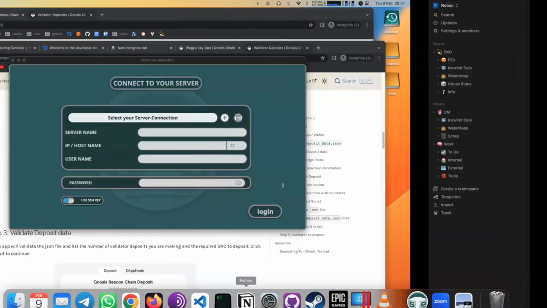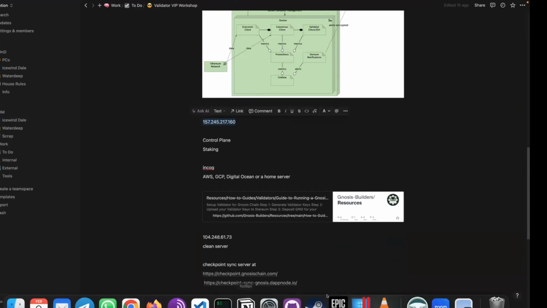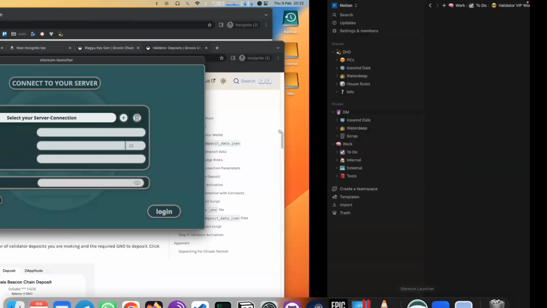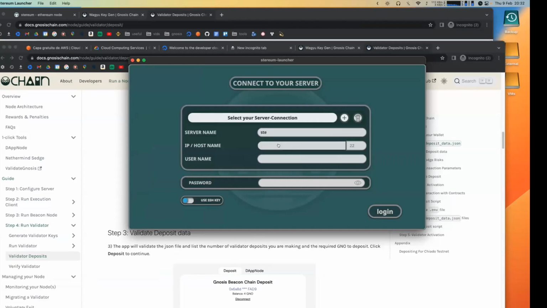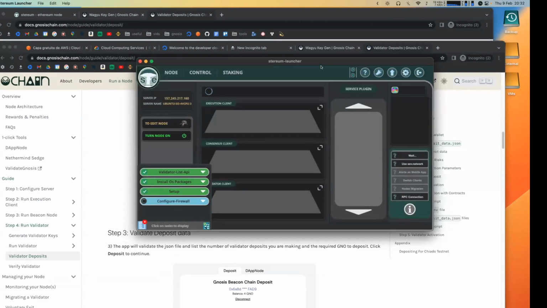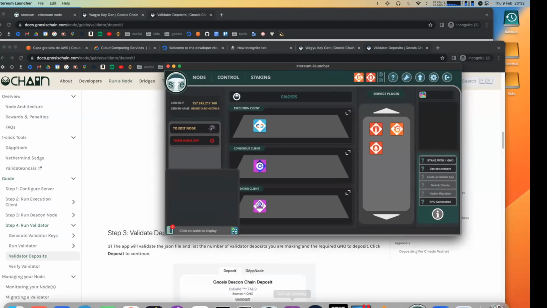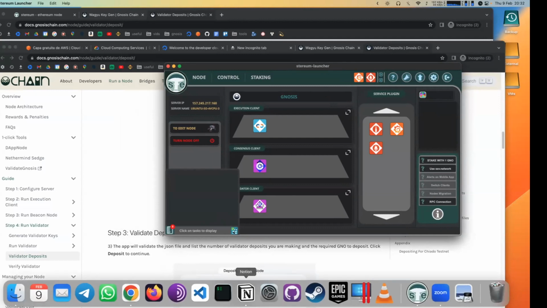If I just come back to the not live node so I can demonstrate some data. All right, so if I connect to this one,